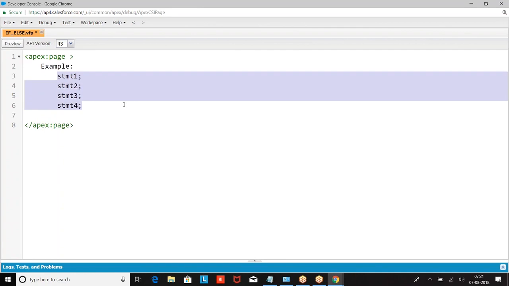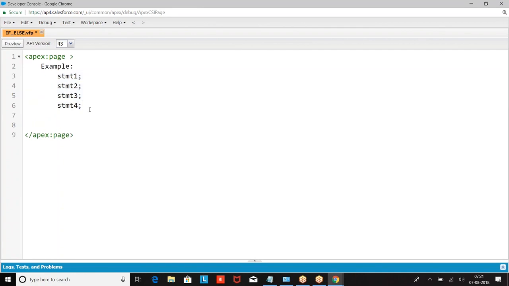It can be anything. It may be a condition, it may be a printing, it may be X, Y, Z. If I have four statements written like this, your output is going to be 1 will execute, followed by 2, followed by 3, followed by 4.